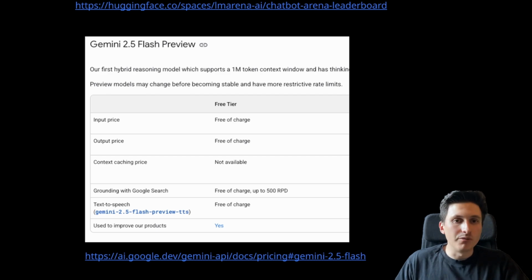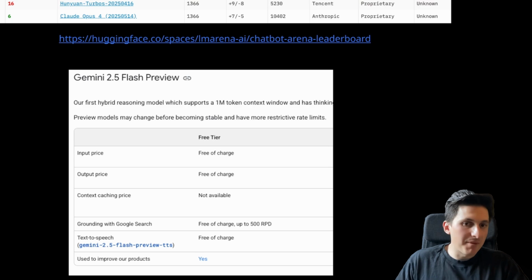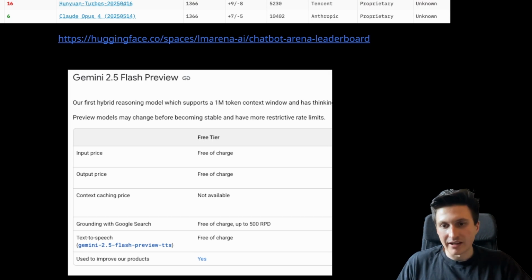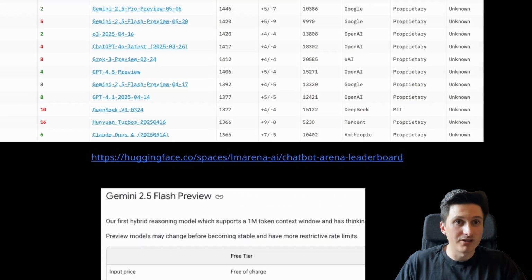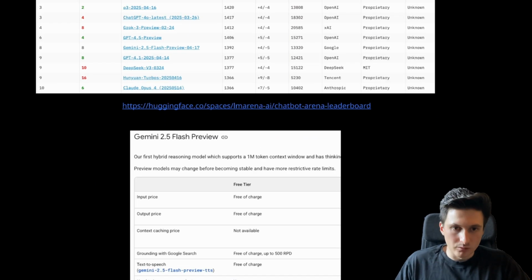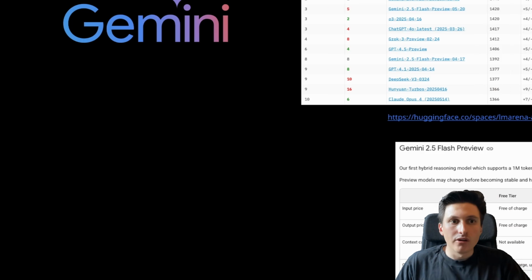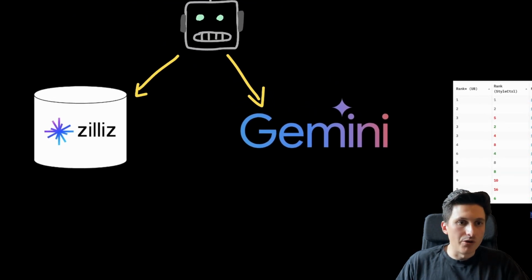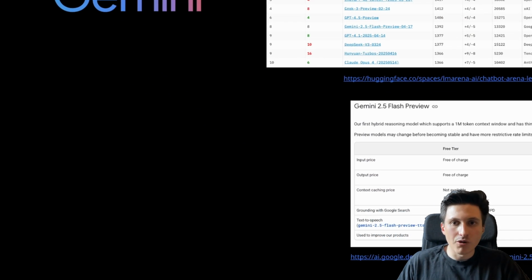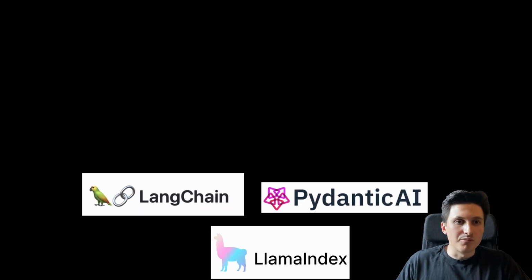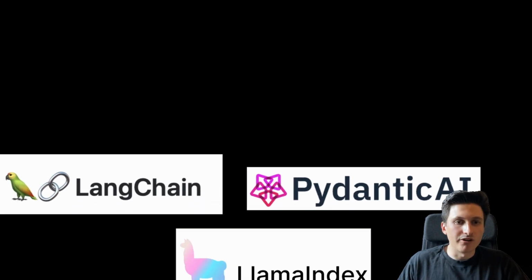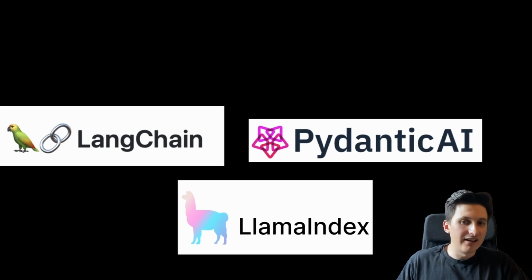I think this is going to be a very smart move that a lot of people are going to integrate with Gemini, and then the transition to actually paying for the models is very easy, and because they also top the leaderboards, it will then be a no-brainer to switch. So we are going to integrate with a Gemini model. And another thing, if you're new, you probably heard about these frameworks like Langchain, LlamaIndex, Pydantic AI, which